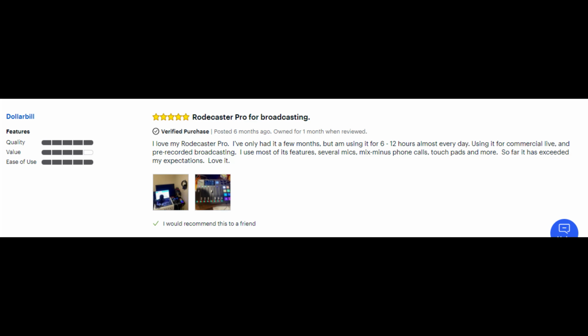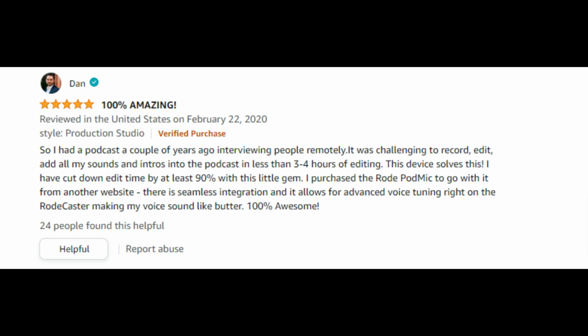This Best Buy reviewer gave it a 5 out of 5 stars, saying, "I love my Rodecaster Pro. I've only used it for a few months, but am using it for 6 to 12 hours almost every day. Using it for commercial live and pre-recorded broadcasting. I use most of its features, several mics, mix minus phone calls, touchpads, and more. So far, it has exceeded my expectations. Love it." Next, this Amazon reviewer gave it a 5 out of 5 stars, saying, "So I had a podcast